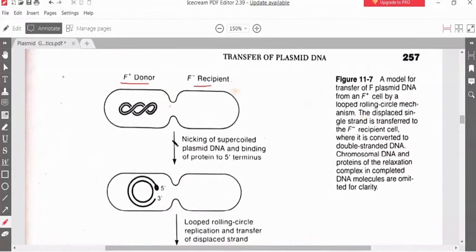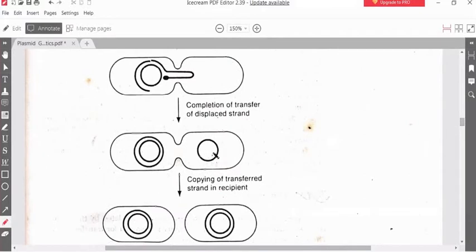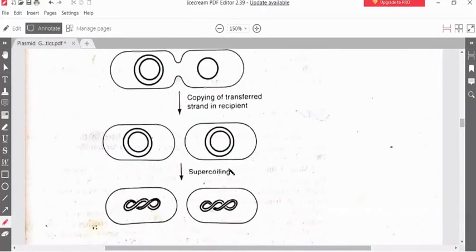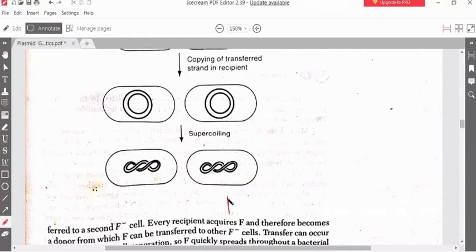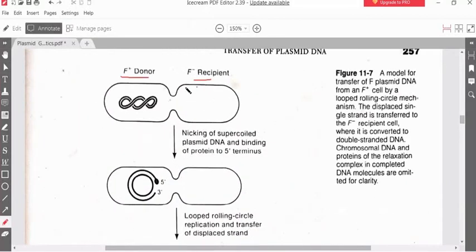together, and via this conjugation tube the donor bacteria can make a copy of the plasmid and can transfer it to the recipient bacteria. So after getting transferred, the recipient bacteria now have the F plasmid, and therefore the recipient bacteria is now also the donor. So originally this left side bacteria was the donor, and the recipient bacteria lacked the F plasmid initially, but after this conjugation tube formation, this recipient bacteria gets that F plasmid from the donor, basically a copy,